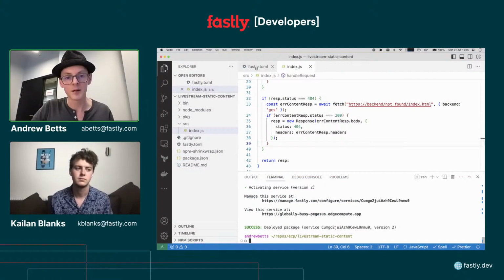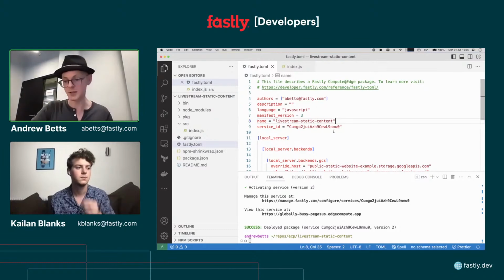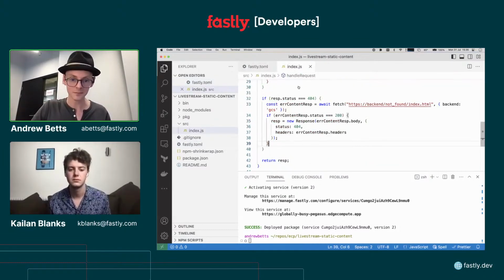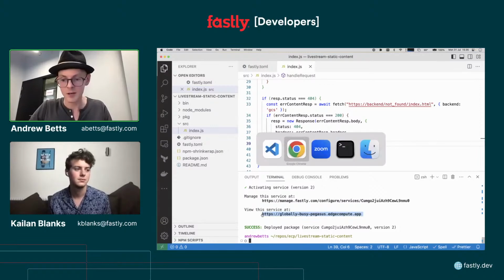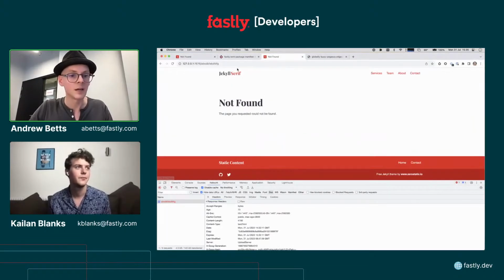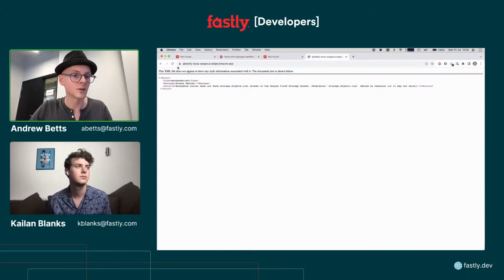And the reason for that, if I go back over to the Fastly toml file, is that the Fastly toml file now has a service ID in it. And the CLI has actually added that service ID into that file the first time we did the deploy, and it knows now that because there's a service ID in there, it just needs to publish to an existing service. Okay, so we have deployed a new version of the app, and I have it here somewhere, right? Yes, there. So in theory,